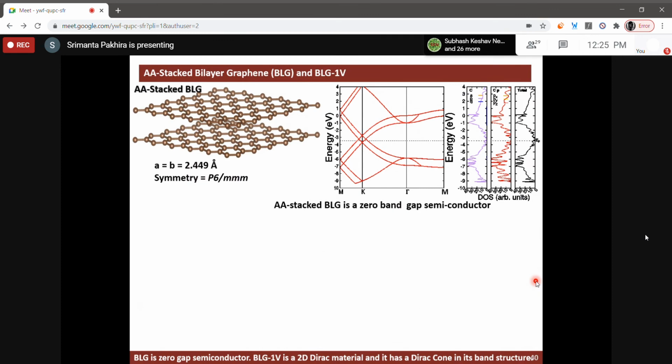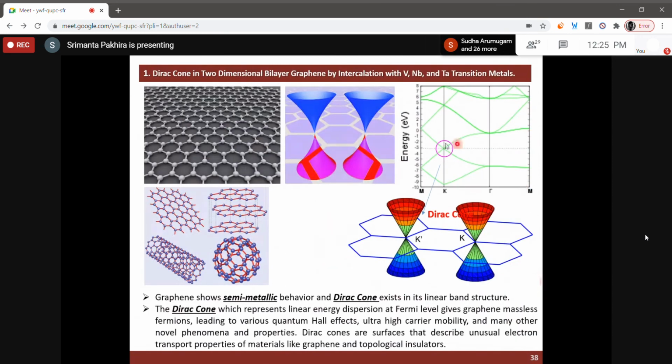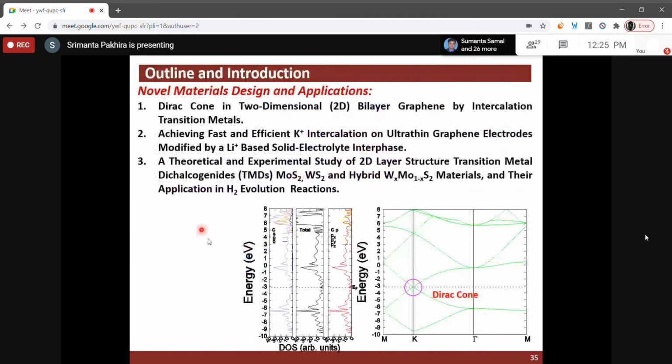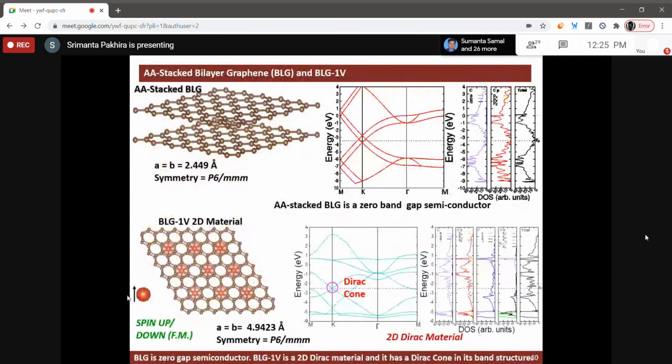What we observe for graphene, if we look at the graphene here, the total density, probably I was showing in some slide, the total density of states was zero. But in that case, when we developed this Dirac material, a 2D Dirac material, for the first time we found theoretically that it has a Dirac cone, but the density of states is not zero. That's why it would be useful for spin trap devices.